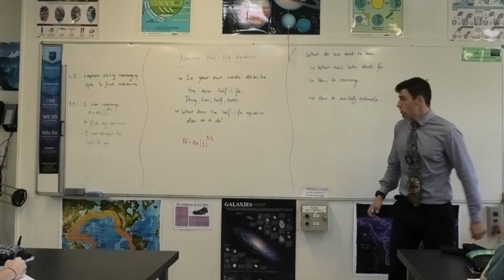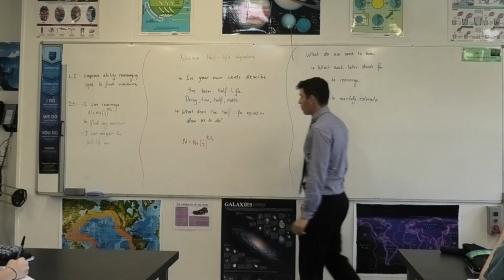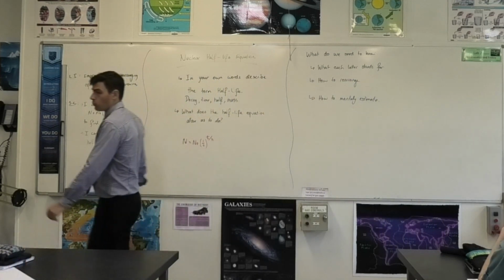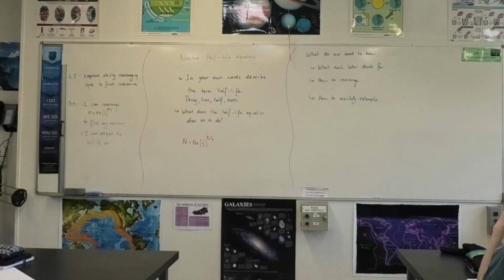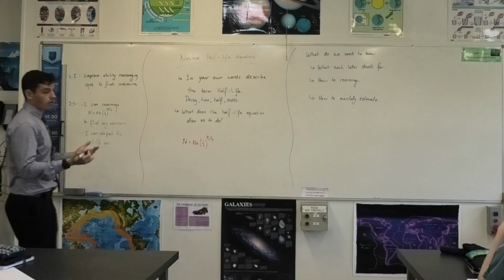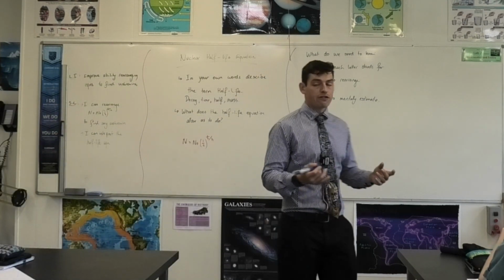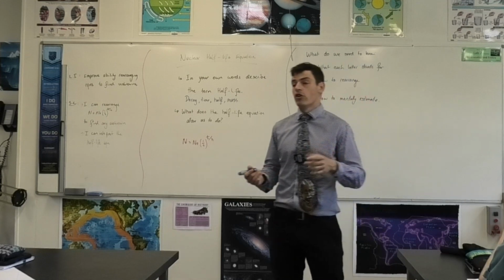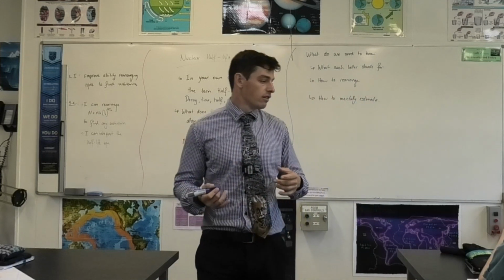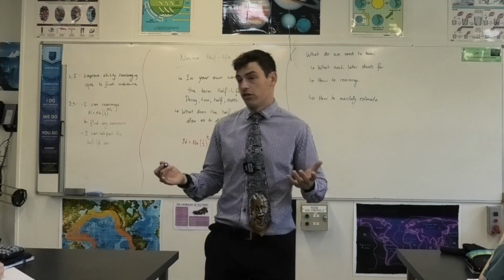Sweet. So we've got this nuclear half-life equation. It's pretty gross, but it tells us a lot. What can it do for us? We can calculate the expected mass over a certain length of time. Just the mass? Well, we can calculate all the things. It can calculate everything. What do we need for that to work though? We need to know all the variables except for? So if we know all the variables except for one, we can find out any of our unknowns, correct?